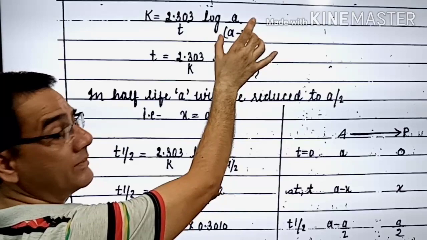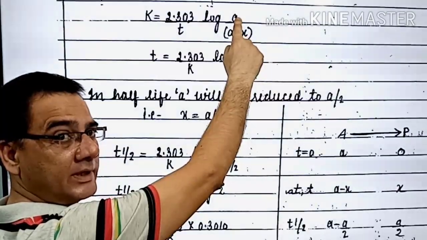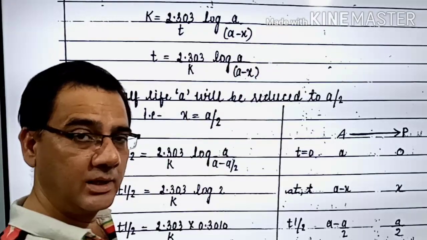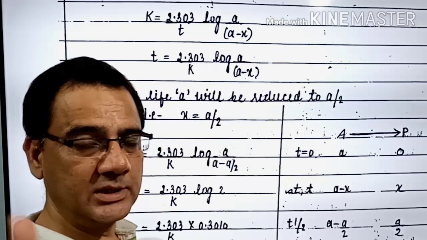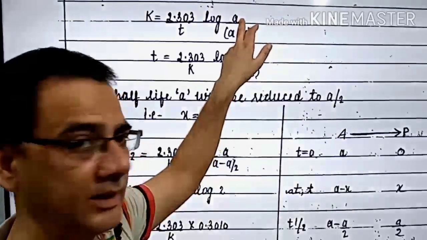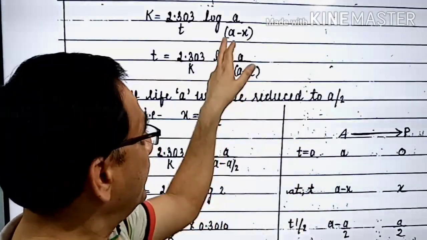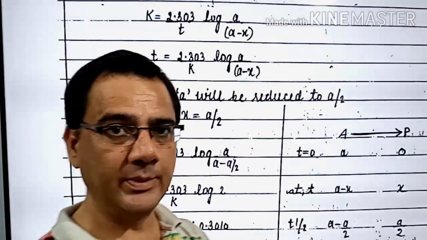So what do you get? 70 as a whole. A is called initial concentration of the reactant. A minus X as a whole is called left part after time t. जैसे हम लोग लिखते हैं ना [A]initial upon A, तो जो A initial है वो है small a, और जो downside हम capital A in square bracket लिख रहे हैं, वो आपका पूरा है A minus X, और जो X है वो आपका consumed part है.